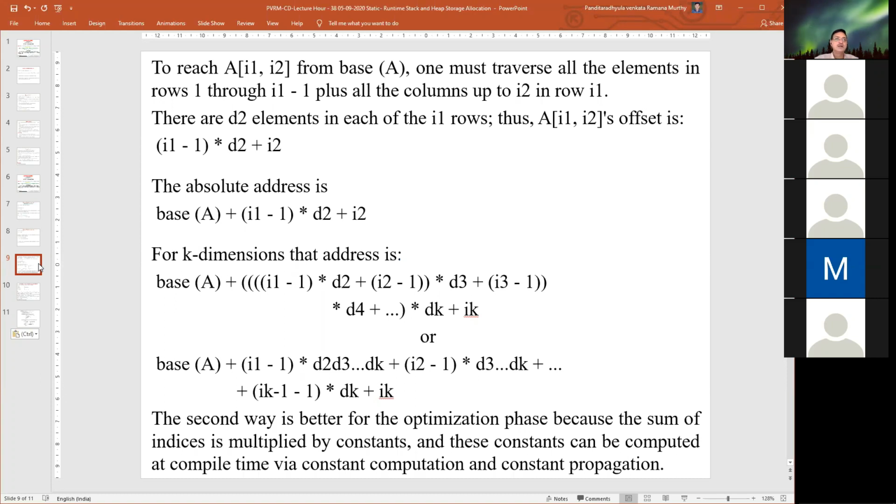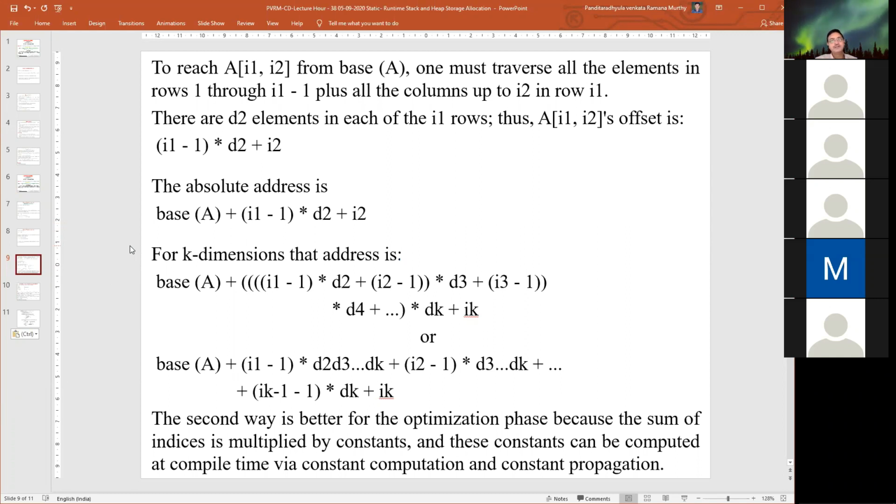So here there are D2 elements in each row, indicated by the dimension D1. Rows can be identified with the dimension D1, and columns will be identified by dimension D2.